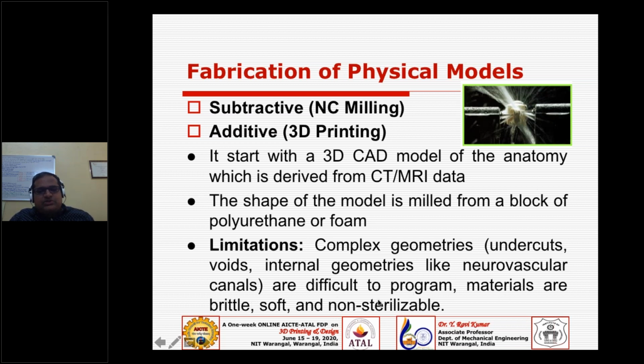The materials may be too brittle conventionally, or maybe too soft, or some materials may not be sterilized. But here you can avoid all those limitations, and you can get the advantages of whatever mantras we have discussed in the 3D printing mantras. So you can apply all those mantras here in the medical applications.